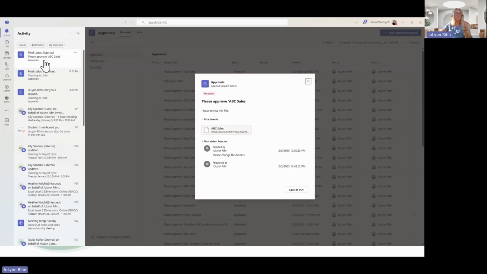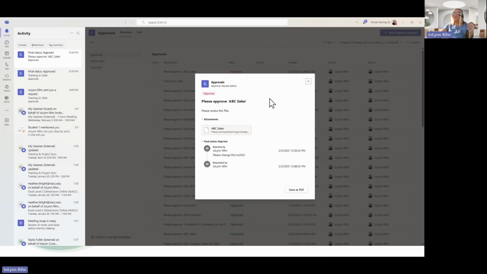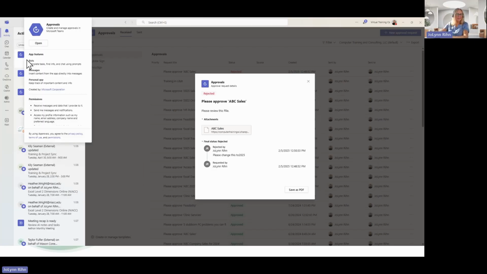Just so you know, this is all coming through Microsoft Teams in the activities category. And what you're seeing on the right-hand side is the whole workflow. Here's where it started, here's where it went, all of that detail. And if you look at my list of activities, on the left-hand side of this icon is the approvals icon.